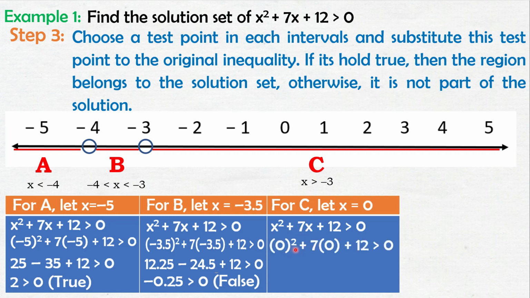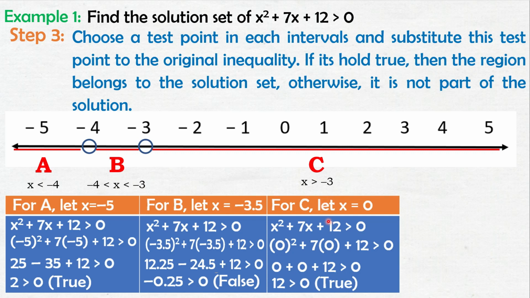So, substitute natin si 0 sa given quadratic inequality. Makuha natin ay 0 square plus 7 times 0 plus 12 greater than 0. Simplify natin, 0 square, that is 0. 7 times 0, that's 0. Plus 12 greater than 0. And then, that is 12 is greater than 0. And this is true, di ba? Na mas malaki naman talaga si 12 kumpara kay 0. So, this is true. So, ibig sabihin yan, yung mga numbers under interval C or region C ay kasama sa